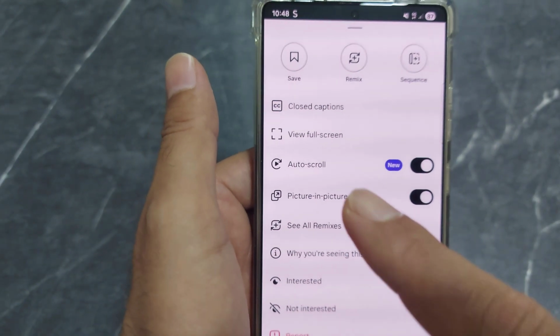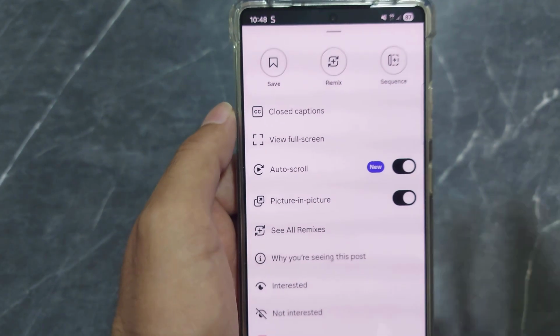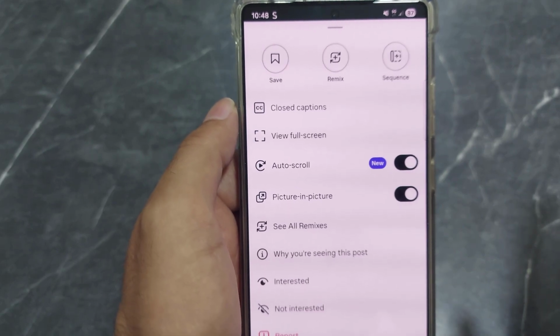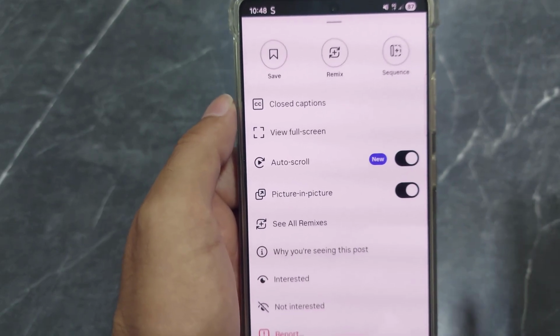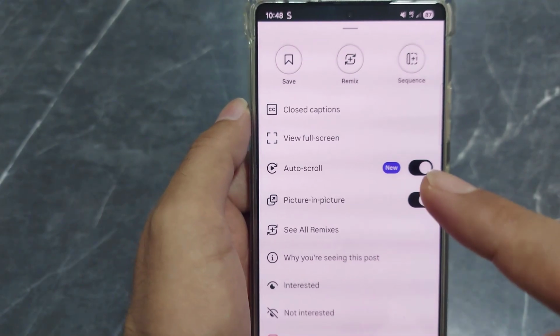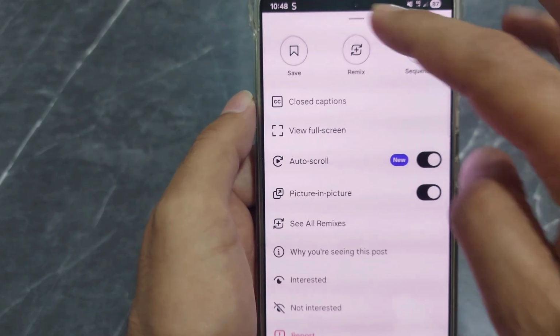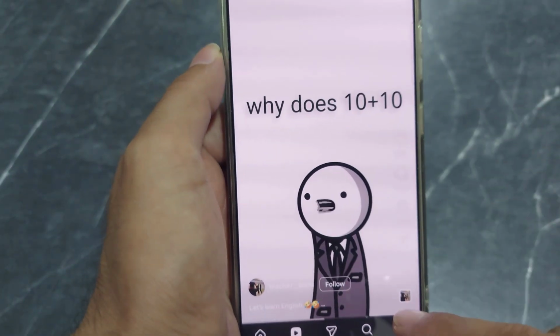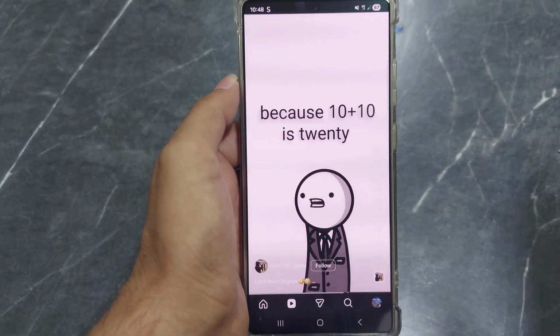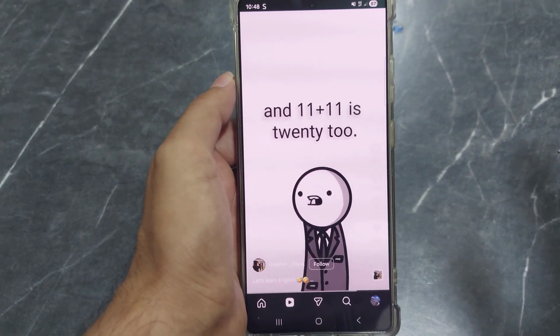If you don't see this option right here, make sure that you have an updated version of the Instagram. So go to the Play Store or App Store, update your application first, and then you're going to get this. So once you enable the auto scroll, now once this reel is fully watched till the last seconds, it will